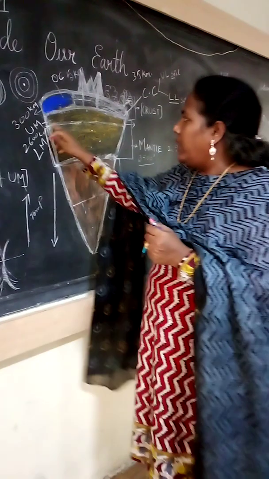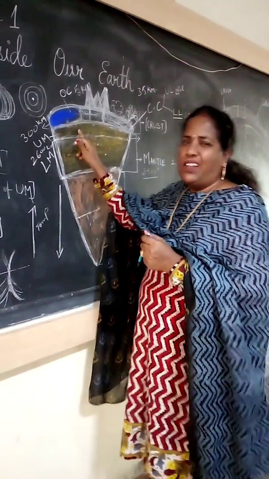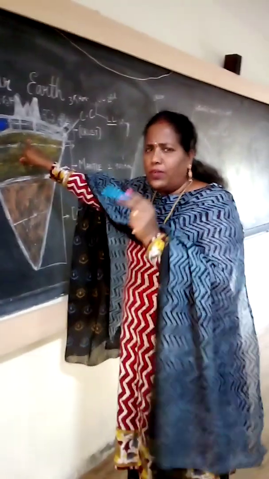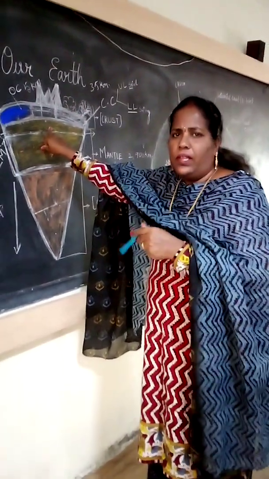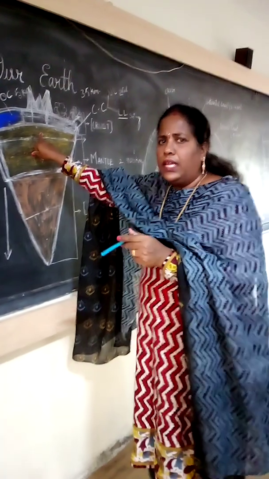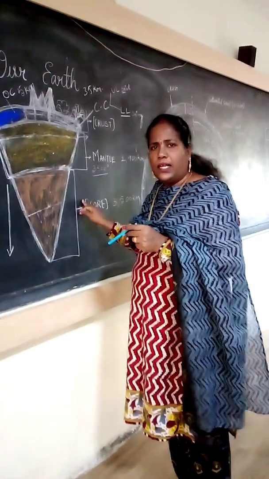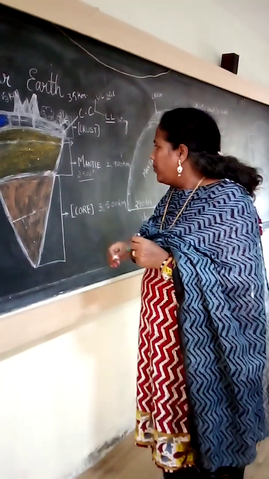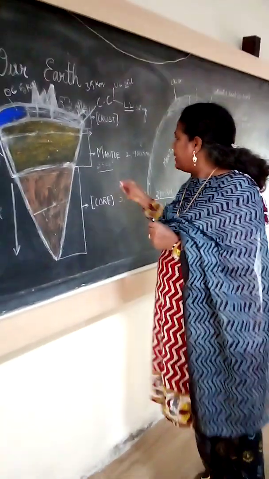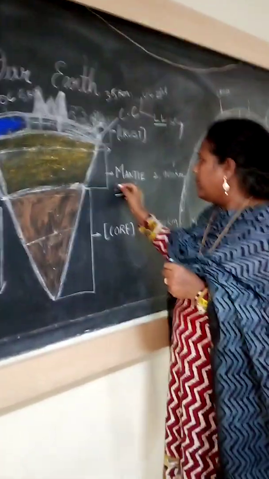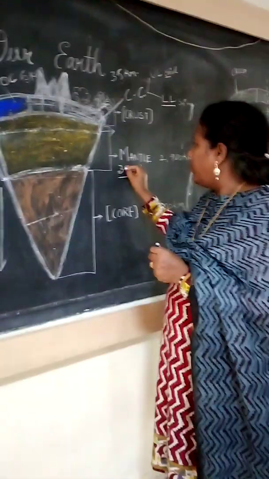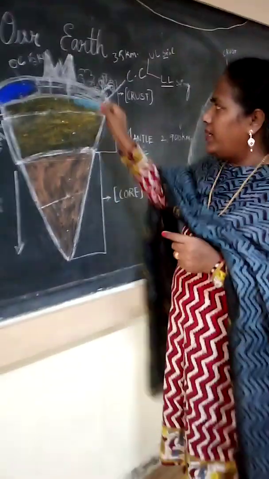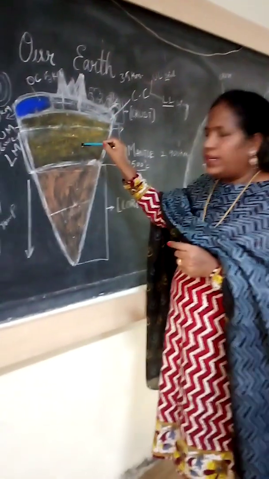In the upper mantle, we can see semi-solid. It may be rocks or it may be magma. They are not fully solid or fully liquid. They are semi-solid. Here also we can see the minerals, silicates and magnesium. Now here the temperature is 3,500 degrees. So we completed the crust layer, and next we completed the mantle.